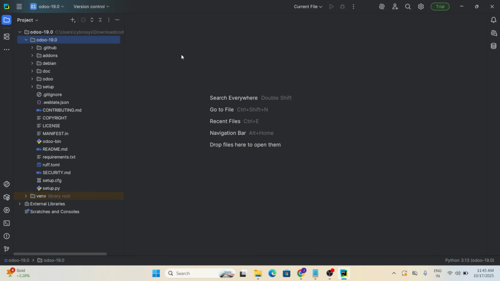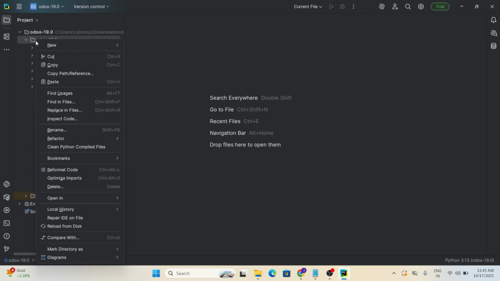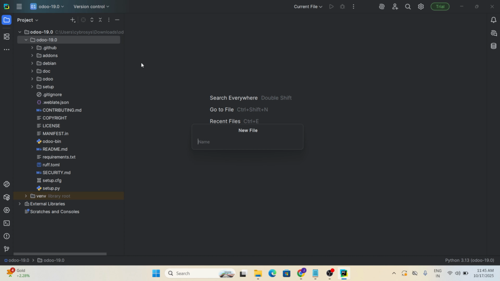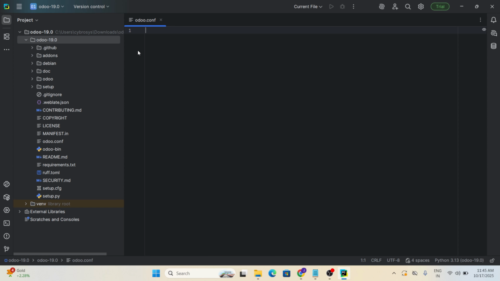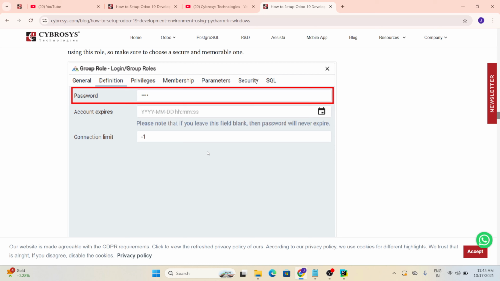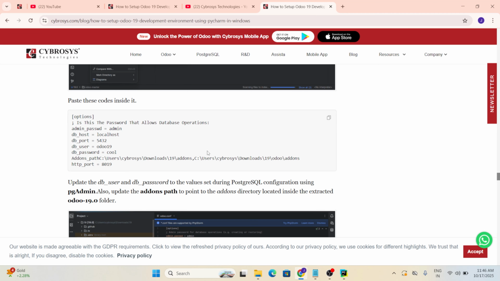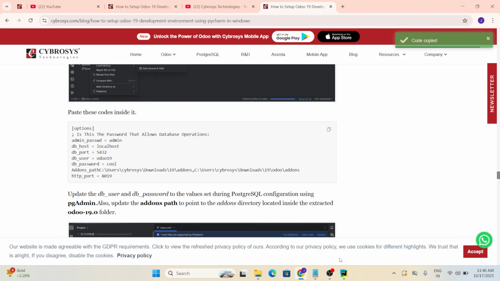Now we have to create the odoo.conf file. To create that, you can select Odoo19, click the right button of your mouse and move on to new. Here, as we just want to create a file, choose the file option and name it odoo.conf. So inside this, we have to place a code. Now let's move on to a blog. In the blog here, you can see that we have a specific code that needs to be provided under the conf file. So I have copied the code and let's move on to PyCharm again and place it